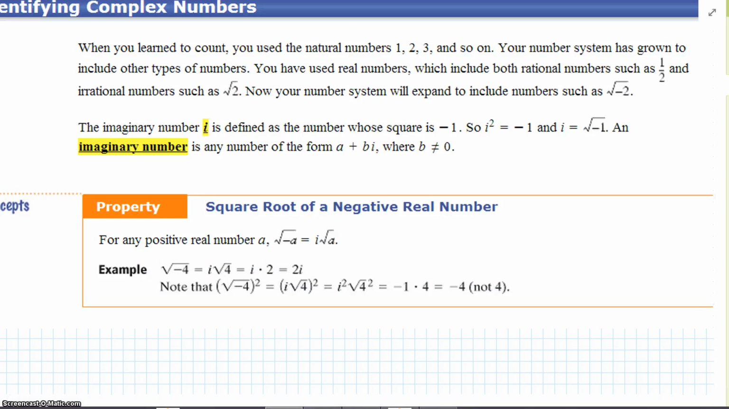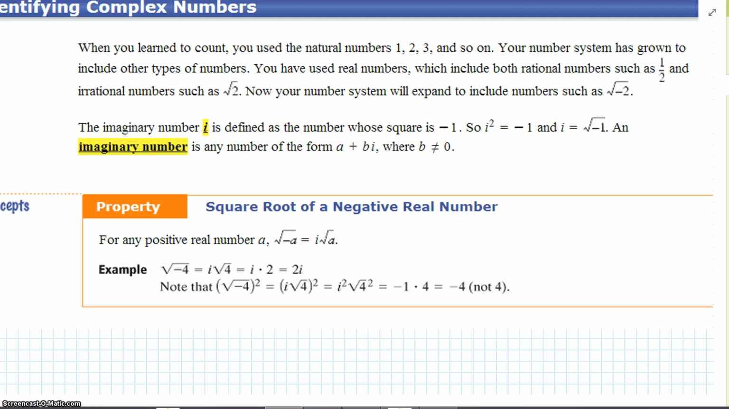Okay, when we learned to count, we used what we call the natural numbers, 1, 2, 3, 4, and so on. Your number system has grown to include other types. You have used real numbers, which include both rational, such as 1/2, and irrational, such as square root of 2. Now your number system will expand to include numbers such as